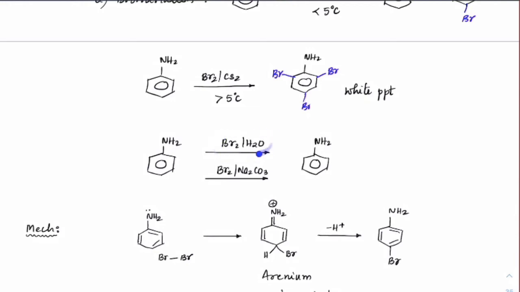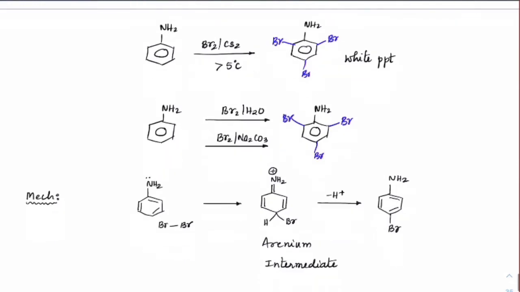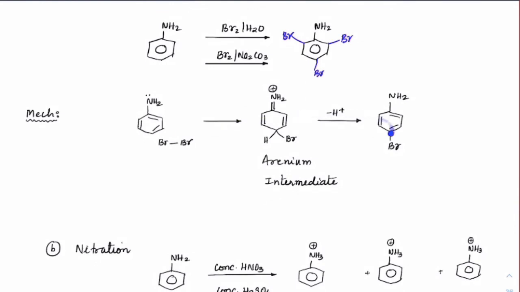Bromine water would anyway be rich with polarized Br plus, and even in basic medium Br plus would be sufficiently available, so that would always give bromination at 2,4,6 positions. Once mechanistic steps were asked in the exam, which we have discussed before if you recall, where steps were given and we needed to identify whether they were correct or not. Anyone has a doubt, beta?